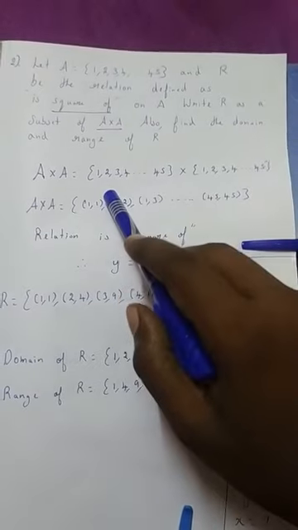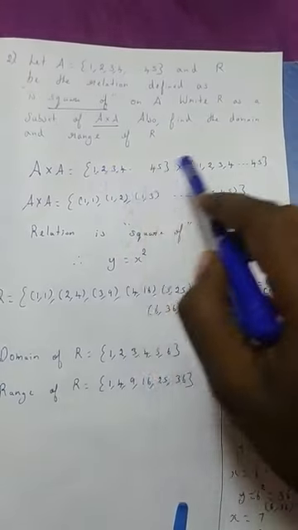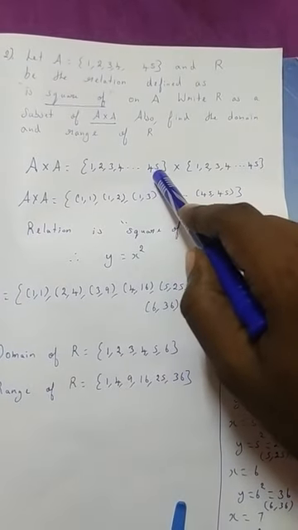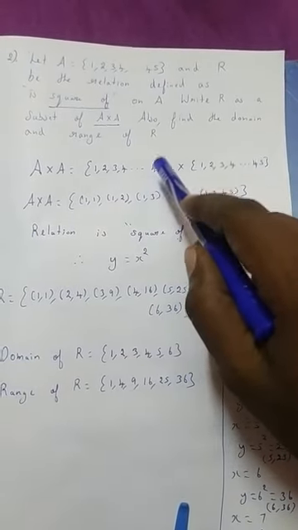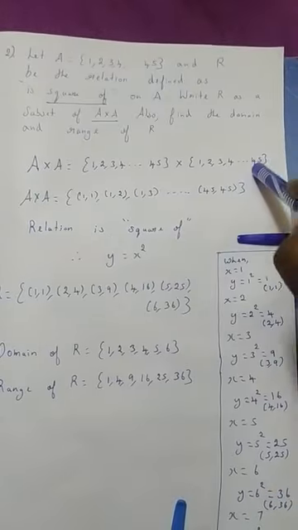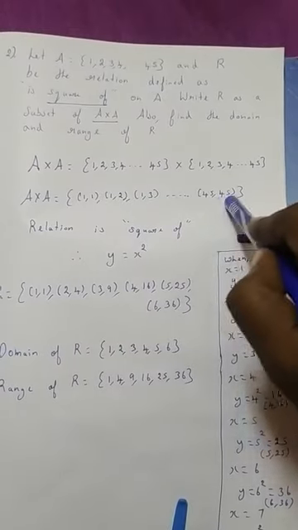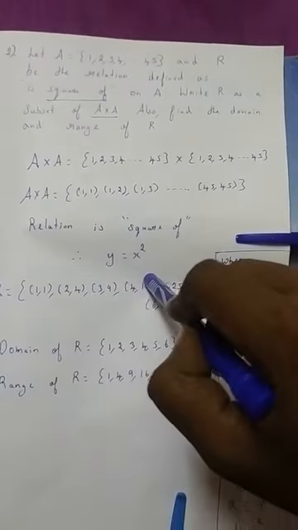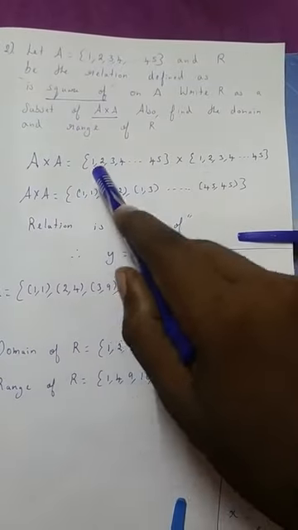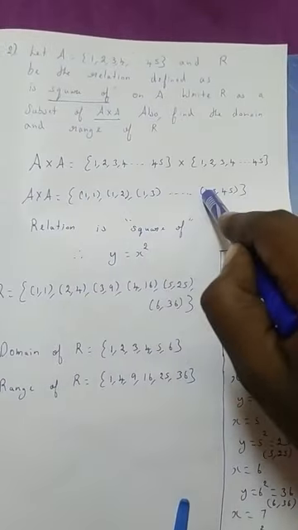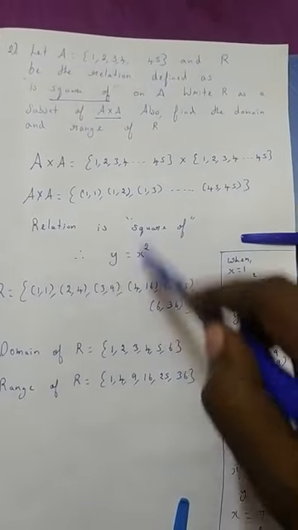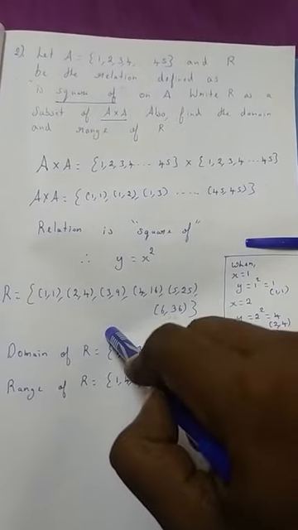Again we have 45 ordered pairs: 2, 1, 2, 2, 2, 3, 2, 4 up to 2, 45. What is the last number here? 45. Which means again 45, 1, 45, 2, 45, 3, up to 45, 45 will be the last ordered pair we can obtain from these two sets. We can't write all the ordered pairs here, so we can simply write 1, 1, 1, 2, 1, 3 up to 45, 45. So this is A cross A.